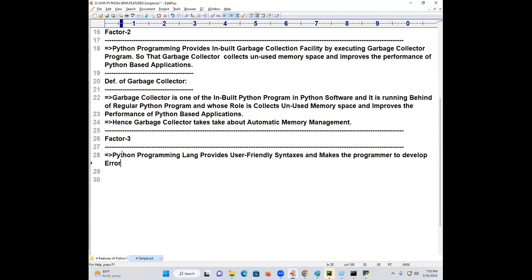First of all, we must have these English words. Error-free programs. How? By taking lot of time or less time? Within what time?